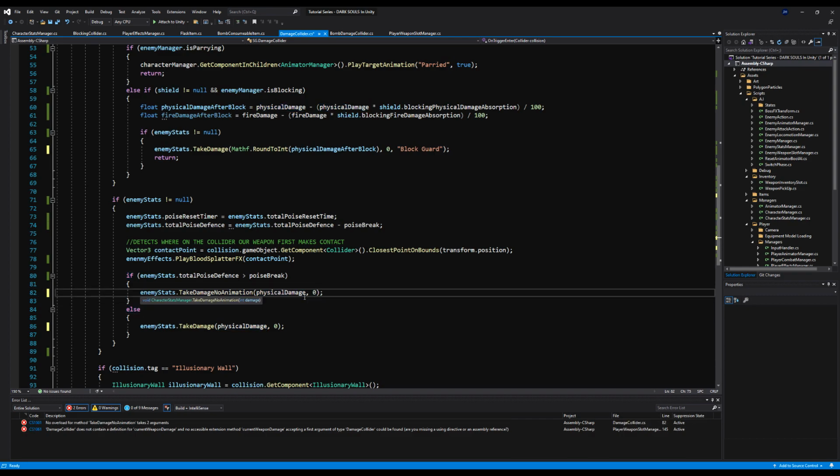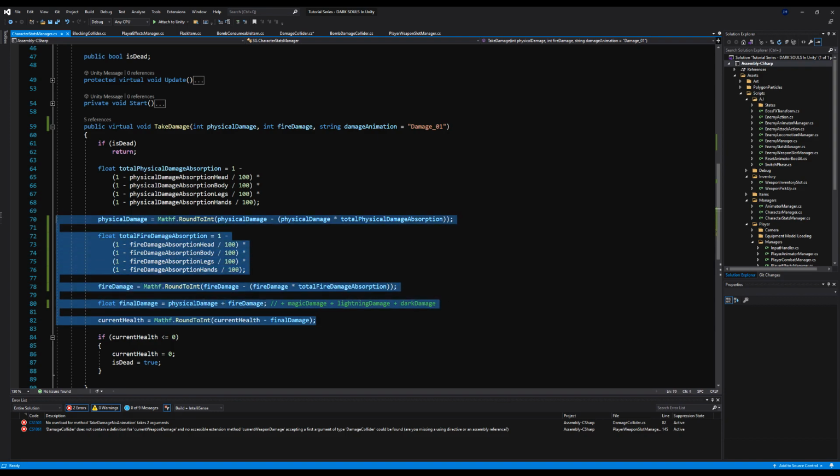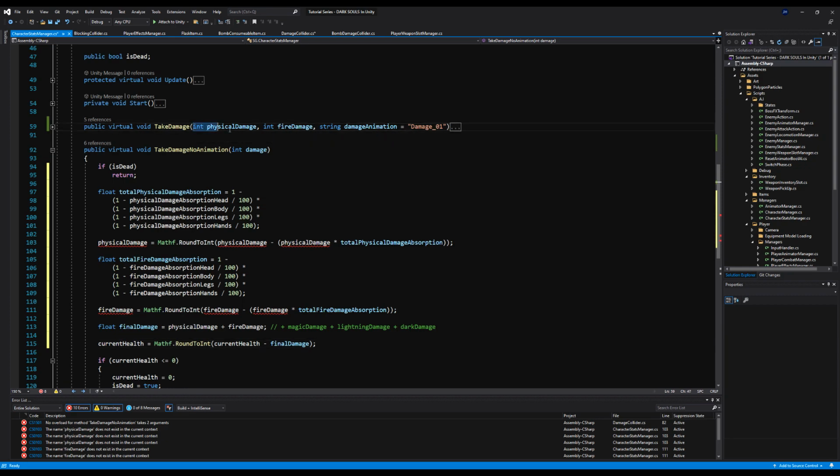Okay. Now let's go to the take damage no animation and actually fix that as well, because it should behave exactly the same way as our take damage, except it shouldn't play an animation. So let's just copy everything from current health right up to if is dead. And then on take damage no animation, let's just paste that. Oh, yeah, this is very bare bones. Oh my goodness, I don't think we changed this when we updated the physical damage calculation either. Yeah, so just paste that right there, and that will account for your physical damage and fire damage